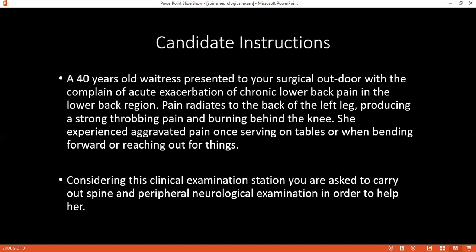Or if she uses anything to stand, then I'll ask her to walk a few steps in front and then turn around, and then I'll also walk with the patient so that she does not fall. I'll prevent that. And after that, I'll ask the patient to walk on the heel first and then